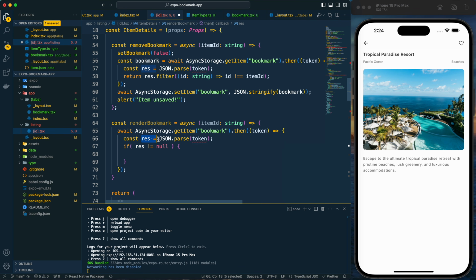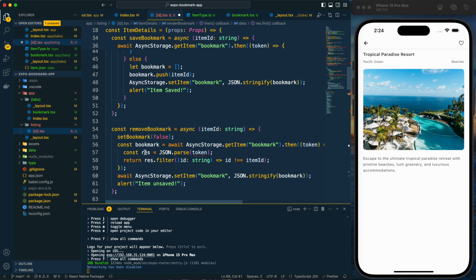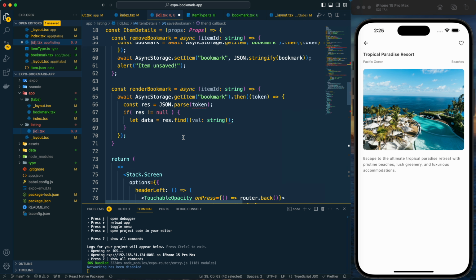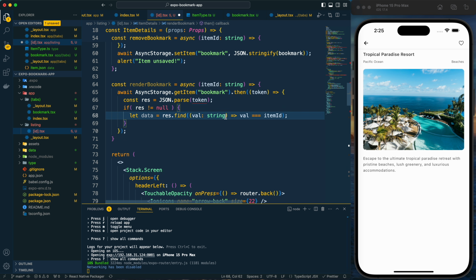So that means something is present in this result. If the async storage has some value, then we are doing this, and within this if statement we will create this data variable, and here let's find out the item and it will be similar to this. So as we have found out the value, it will be similar to this. So I can just copy and paste it over here.